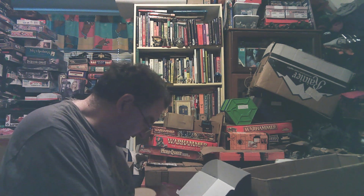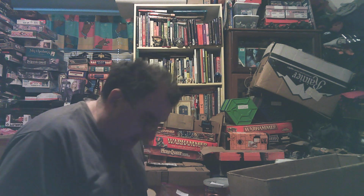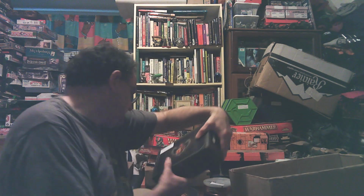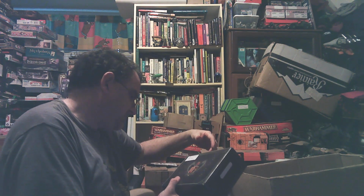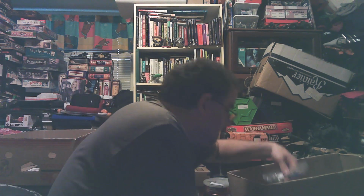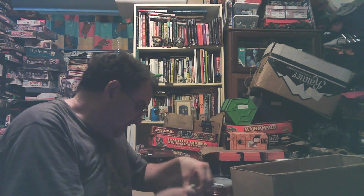Here, I ran out of cases, but this is the rest of the 94s. Yes, 94 Part 2 accessories. When I was redoing them, I had them just in a baggie, and I figured I have a bunch of empty Dungeon Crate boxes, so I'll just use them for one of the things. And I used a bunch of them. Oh, the Mega Marines Play-Doh. This is 1990 Part 2, 1990